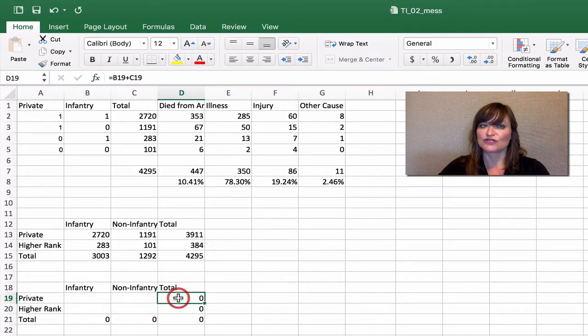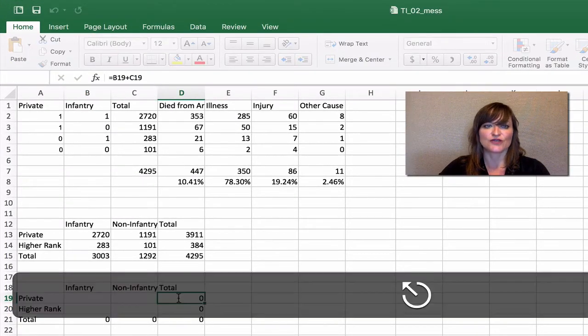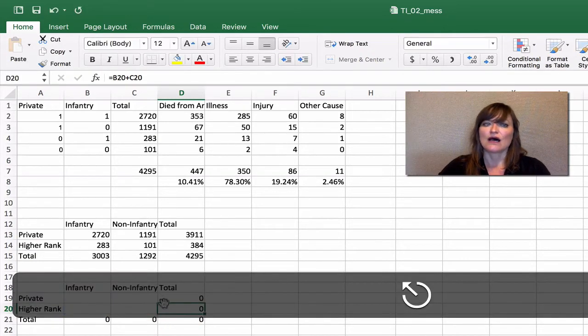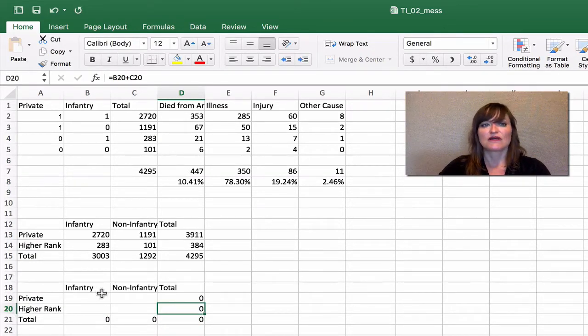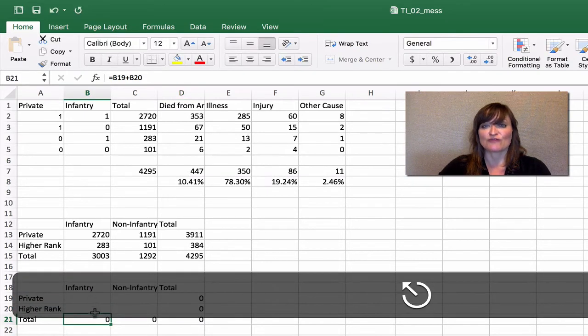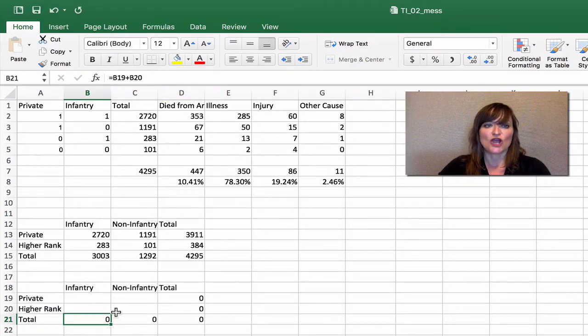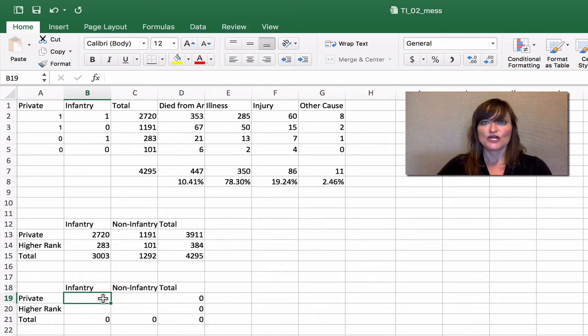Do you see that the formulas for the totals are all now referencing the same, the relative cells? So when we copied, that formula was copied as take the cell above me and add it to the cell 2 above me. And so those are still going to be good. Those are still going to make sense. So what in these cells, the data that we want to calculate into here are the mortality rate for each of those 4 groups.